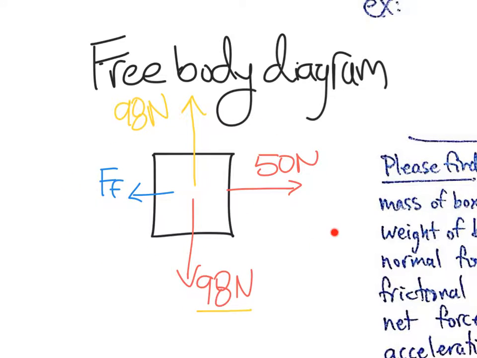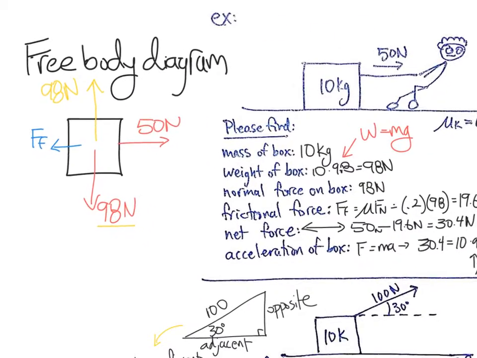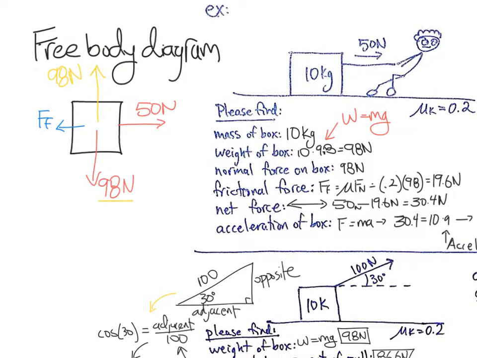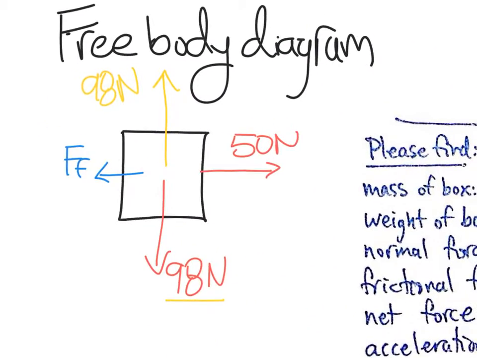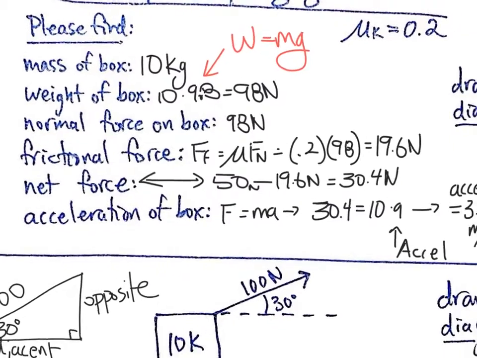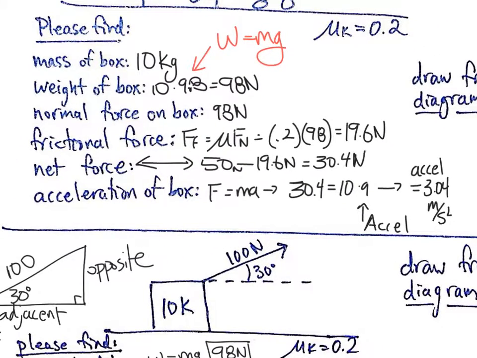Notice how we didn't draw the floor, we didn't draw the physics teacher. It's just the object in question and the forces acting on it. Okay, so based on that, I think these are going to start to make more sense. So you have that in front of you, right? I'm going to zoom in over here. The normal force on the box, so this is perpendicular to the surface, meaning perpendicular to the floor, 98 newtons upwards. Just to keep us organized, we might draw little arrows indicating direction. The frictional force,